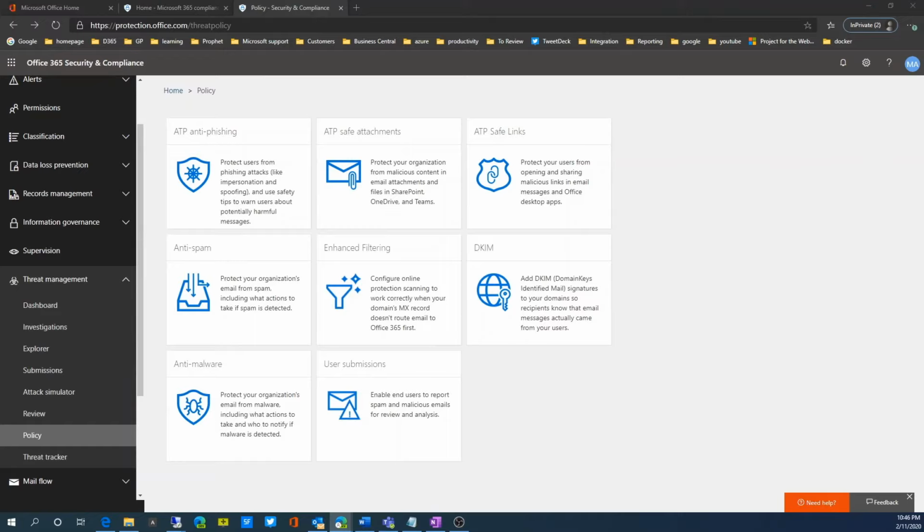People regularly send, receive, and share attachments such as documents, presentations, spreadsheets, and more. It's not always easy to tell whether the attachment is safe or malicious just by looking at an email message. Office 365 Advanced Threat Protection includes ATP Safe Attachment Protection. So the way you would turn this on is once again in Threat Management under Policy. I have this ATP Safe Attachments. I can click on that